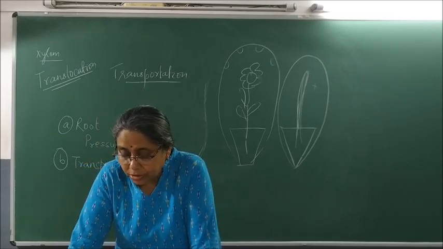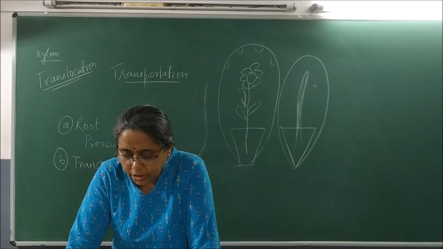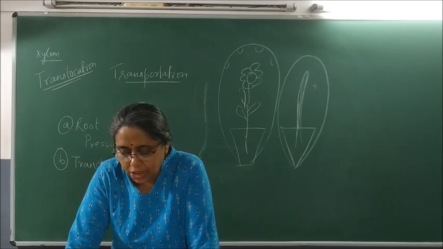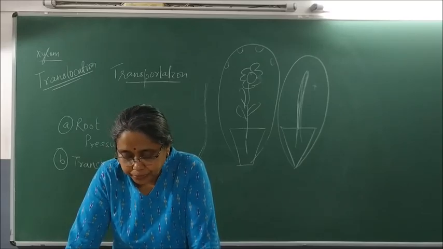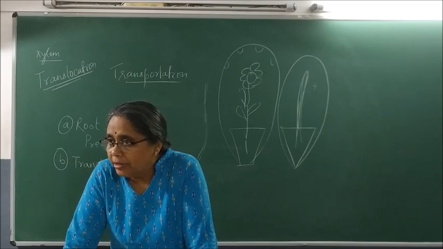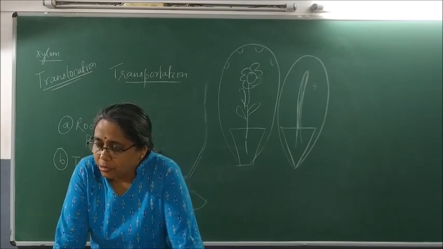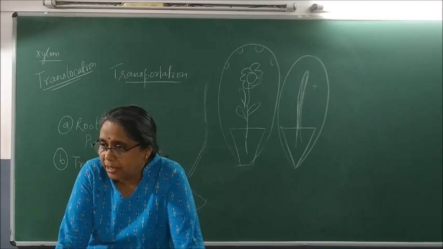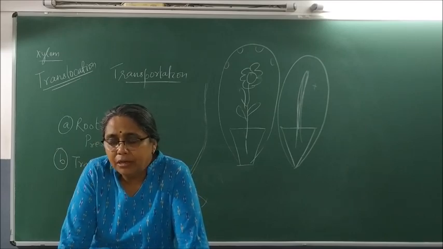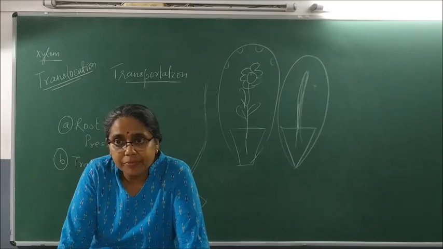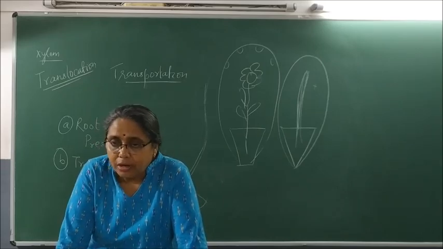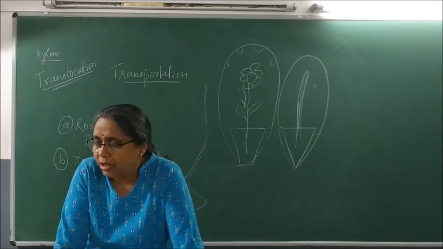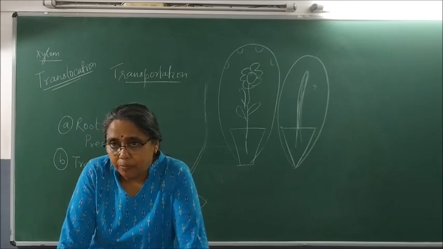Now we will talk about the in-text questions. What are the components of transport system in human beings? Blood, heart and lymph. Functions you can write. When you write about blood, you will write about RBC, WBC and platelets. RBC contains a respiratory pigment called hemoglobin, which helps in transport of oxygen. WBC helps to fight infection, and platelets help in clotting of blood.